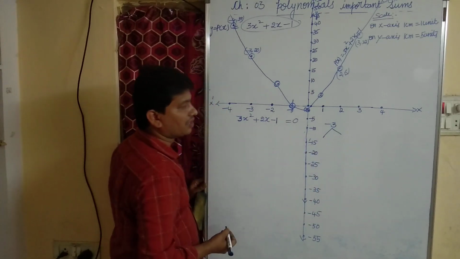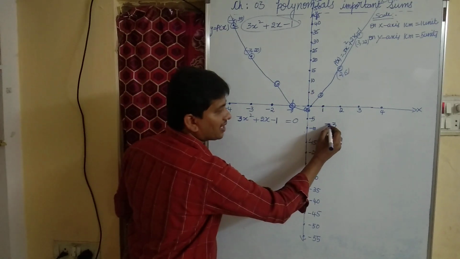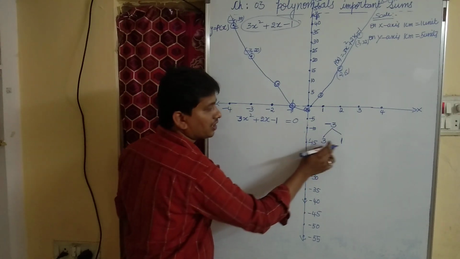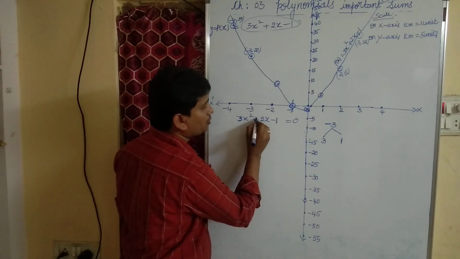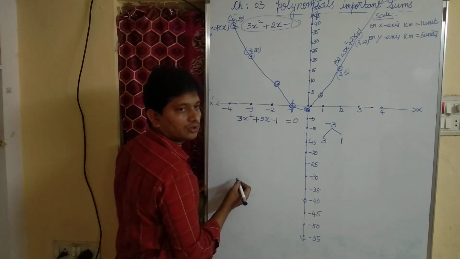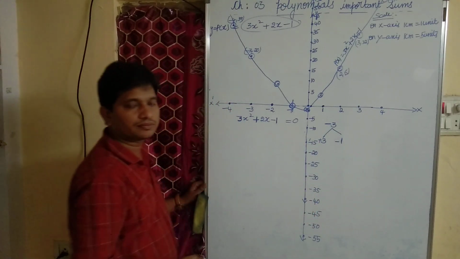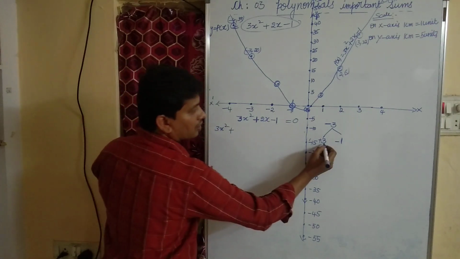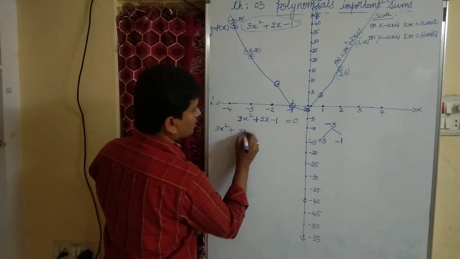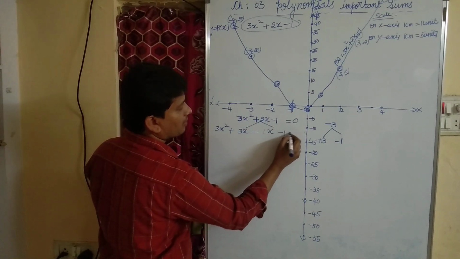So what are the factors of 3? 3 ones are 3. But we have here -3. When we multiply these two, we should get minus 3. And when we add them, we should get plus 2 here. Here middle term is plus 2. So I want to take plus 3 as well as minus 1. So 3x square plus 2x, I can write as 3x minus 1x minus 1 equal